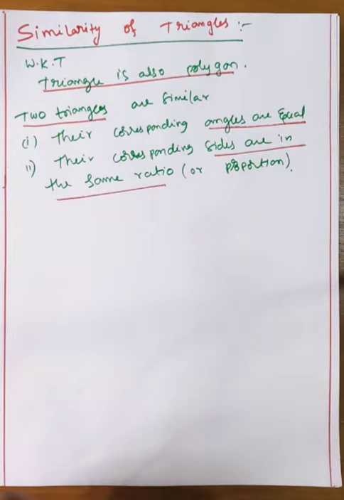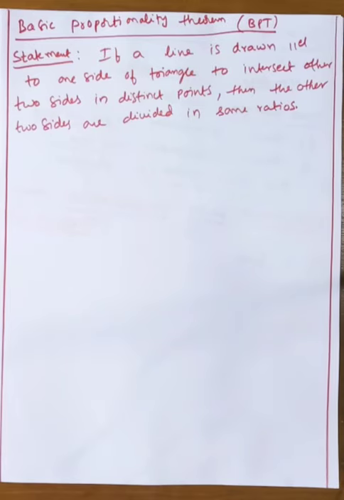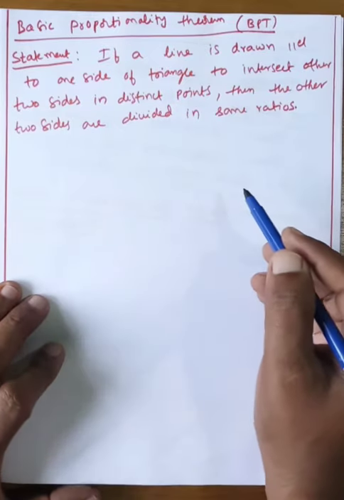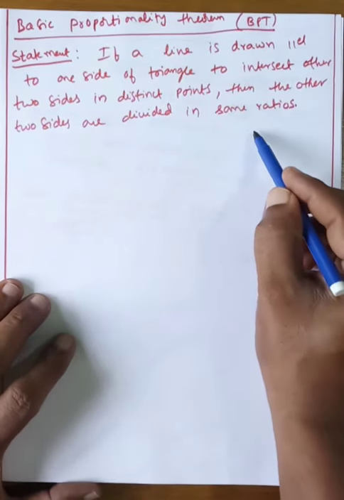Now we are going to another important theorem, that is called the basic proportionality theorem. My dear students, this is a very, very important theorem, and it is very useful in problems. Basic proportionality theorem: in a triangle, 100%, if a line is drawn parallel to one side, remember that one. Listen carefully, I will take one triangle.